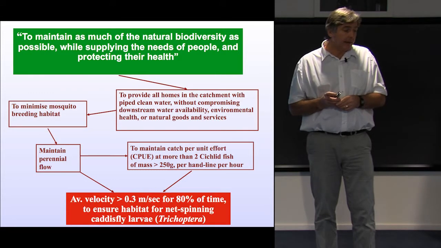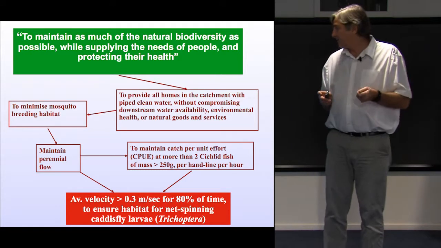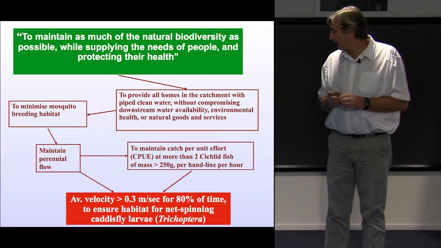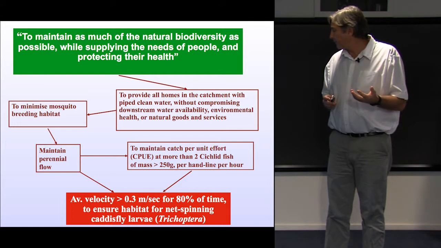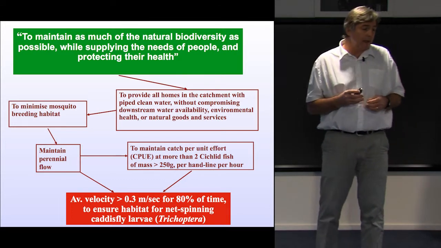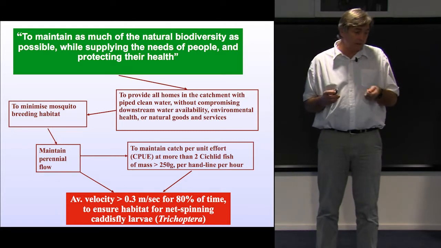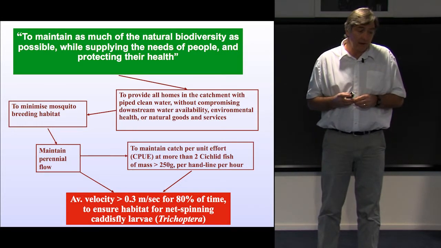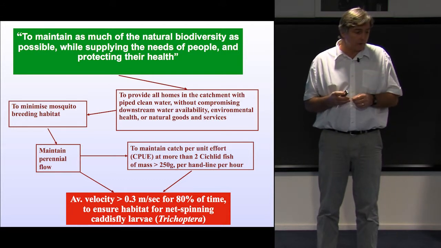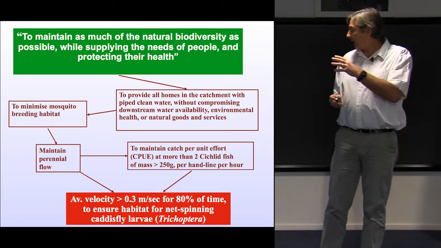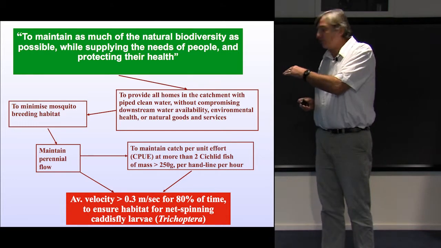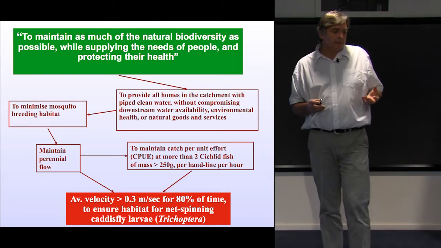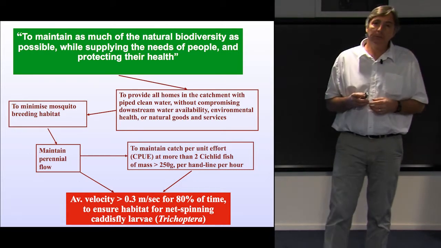And then you can get down to really detailed objectives like an average velocity of greater than 0.3 meters per second for 80% of the time to ensure habitat for net spinning caddis larvae of the order Trichoptera. Now that is very measurable, but not exactly inspiring and not likely to get across to most of the